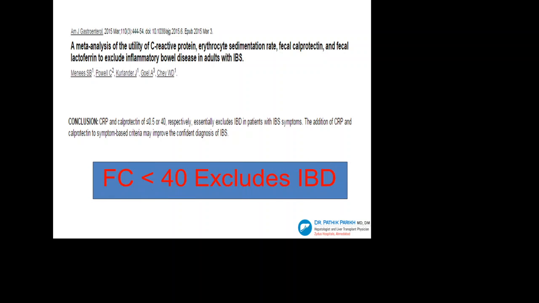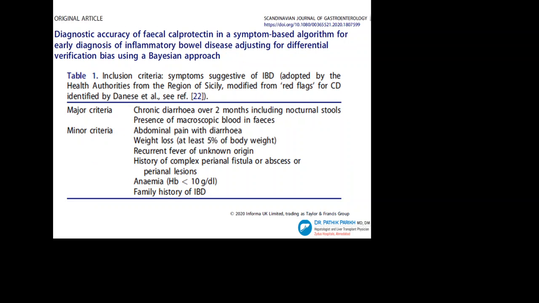A meta-analysis published in 2015 concluded that if the fecal calprotectin is less than 40, it essentially excludes IBD. In a recently published study, they utilized the clinical presentation to stratify the utility of fecal calprotectin. They divided symptoms into major and minor criteria. A person having even a single major or two minor criteria should be considered for fecal calprotectin evaluation,